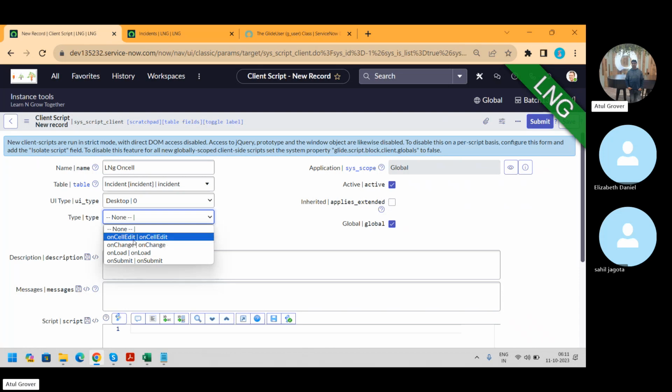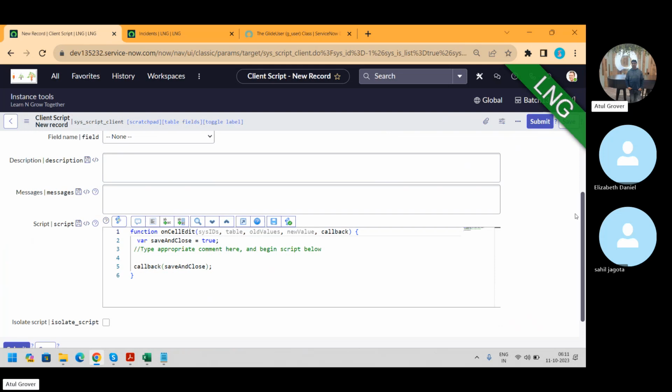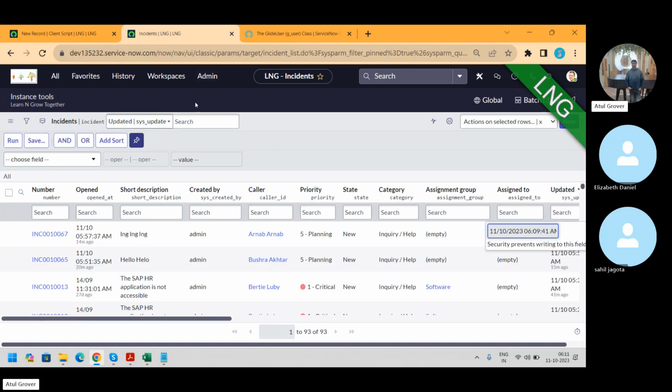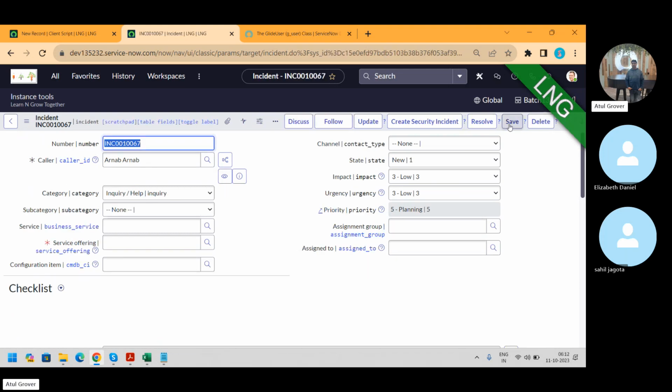If I open this, you will see the concept is the same: old value, new value, right? That same concept was there as well. And here we have a new function called the callback. Why? Because if you notice here, on the incident record, we click on save manually. And if I show you here,